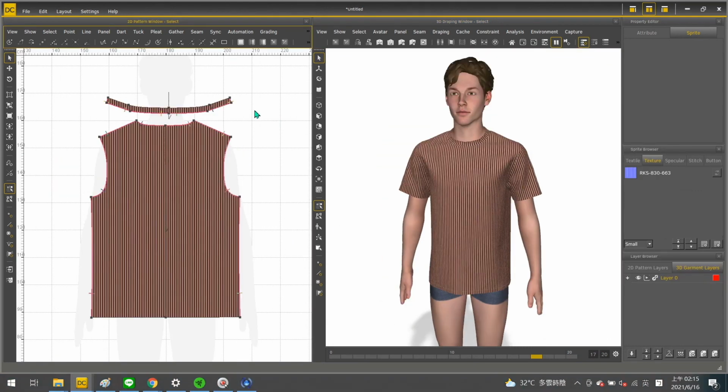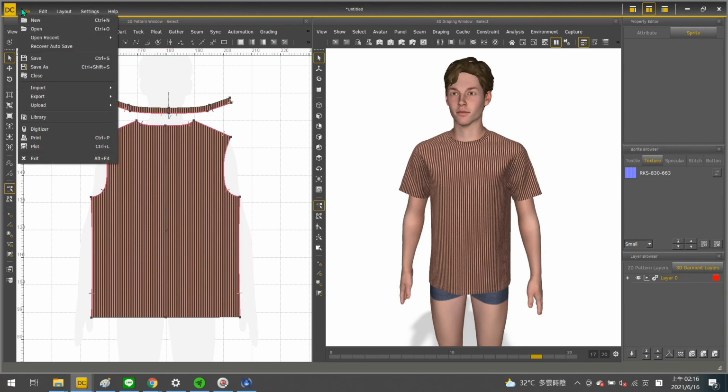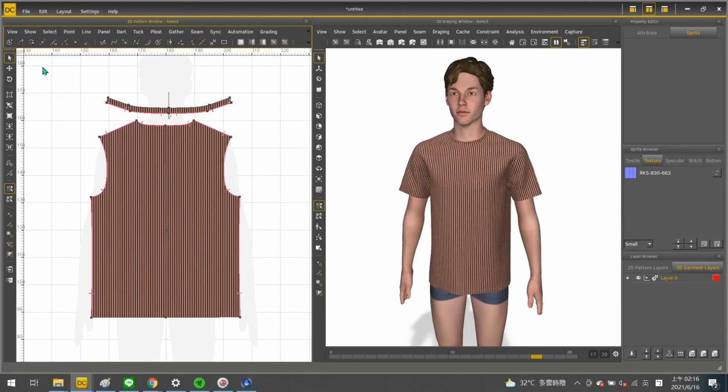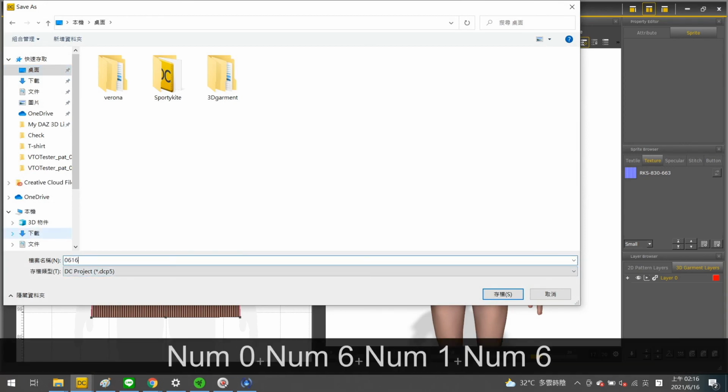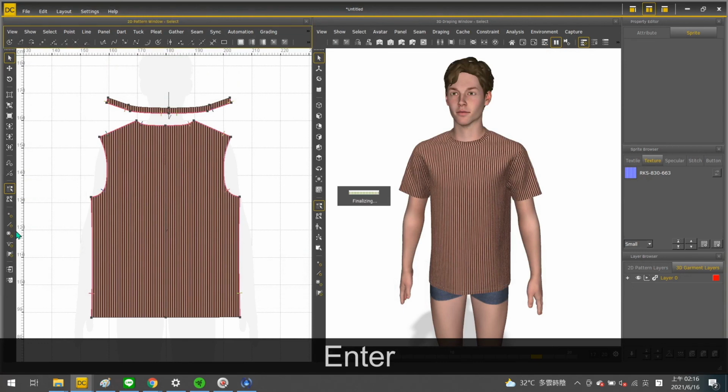In the end, when the project is finished, you can save it as a project file. We call it a DCP file. The path is File and Save As. Aside from the garment, the avatar and the whole project settings will be saved accordingly.